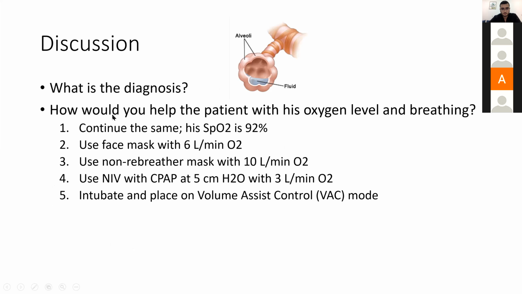And how would you treat or help this patient? You want to improve his oxygenation and his breathing. One possibility is to continue with the same oxygen delivery with 5 liters by nasal cannula. His pulse oximetry has improved, and we can continue the same, or use a face mask with 6 liters per minute of oxygen, or non-rebreather mask with 10 liters of oxygen, or use NIV with CPAP of 5 centimeters and 3 liters of oxygen, or intubate and place on volume assist control. So if anyone would like to share his answer, but probably I would choose 4, maybe 5, and we'll discuss why 4 would be an appropriate